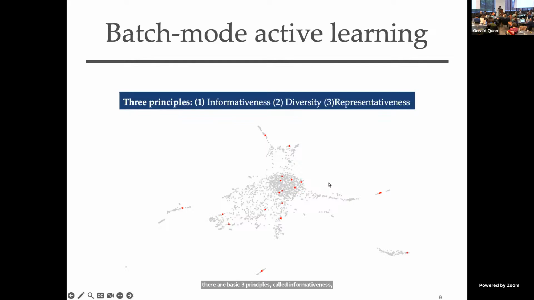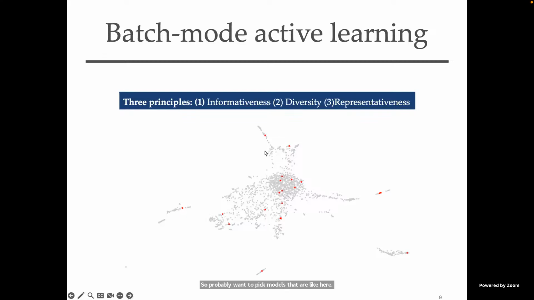Just to illustrate, imagine these gray points are all the perturbations that have not been perturbed on, and these red points are the ones that are already perturbed. To pick informative points, you probably want to pick regions that are really far away from these red points, because they are space that the model has not explored before. And for diversity, because we're looking at batch mode active learning, we don't want to pick repetitive ones. We want to include some notion of diversity into the model. So we probably want to pick points like here,